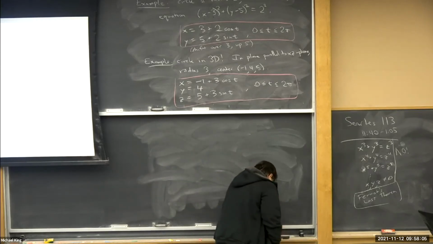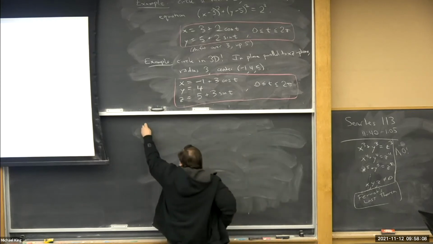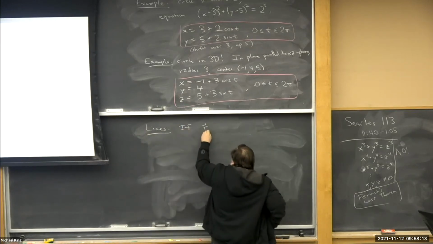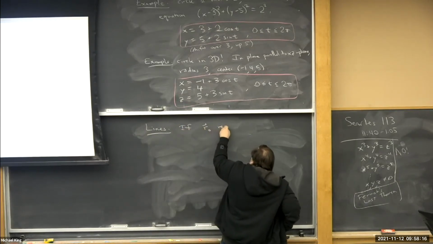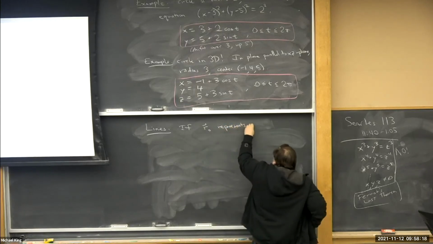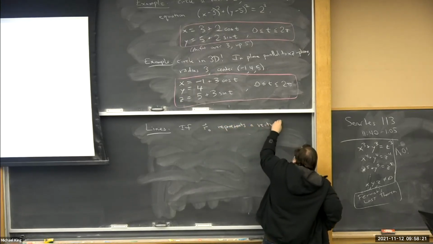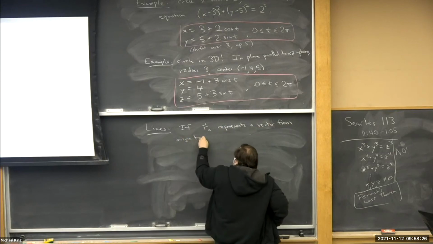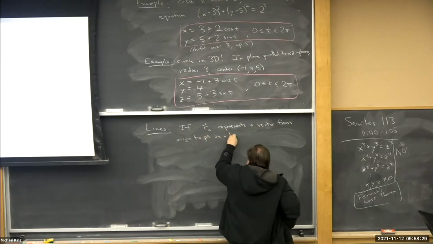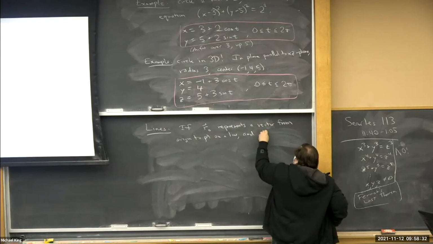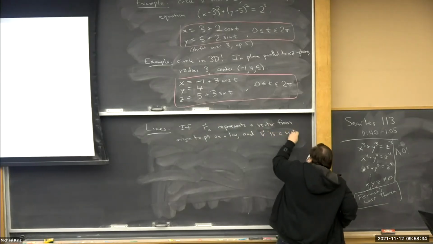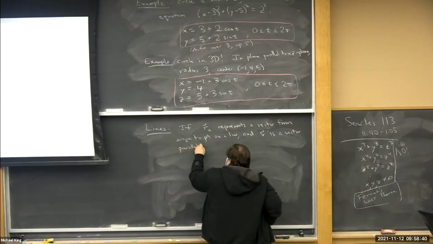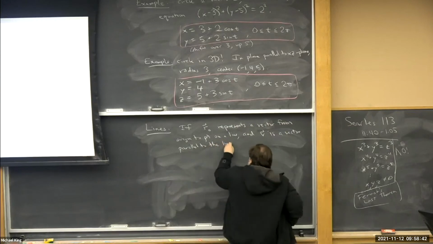But yeah, so, lines. If R naught represents a point on the line, I guess a vector from the origin to a point on the line, and V is a vector along the line, parallel to the line, then